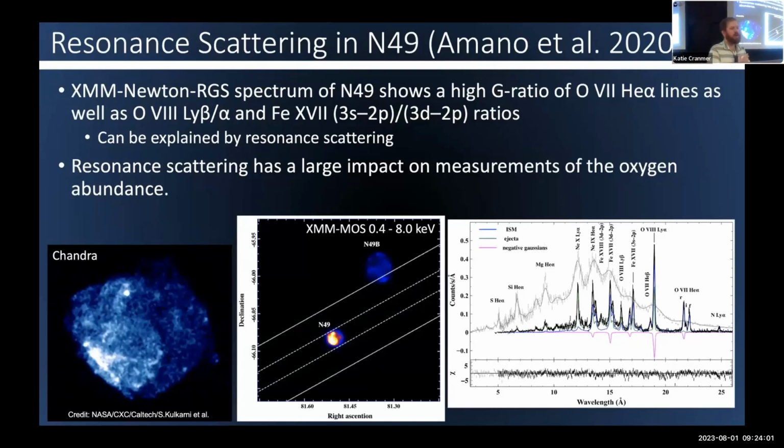In N49, we have evidence of resonance scattering, again using RGS spectra. It shows a high G ratio of the oxygen 7 helium alpha lines, and also other oxygen 7 and iron line ratios, which can be explained through this resonance scattering. This is the RGS spectra, so they have the ISM component in blue, the ejecta component in green. And since resonance scattering means you're losing emission from the resonance line, they added in negative